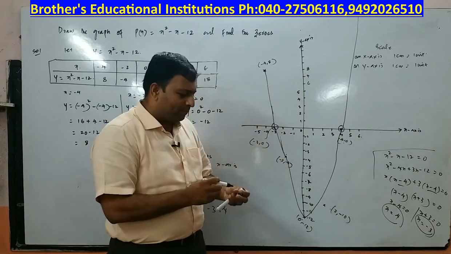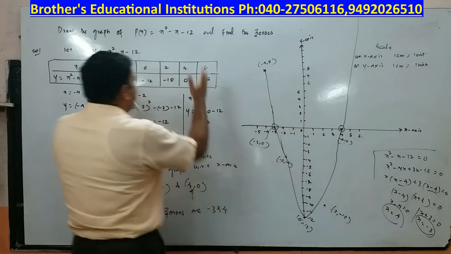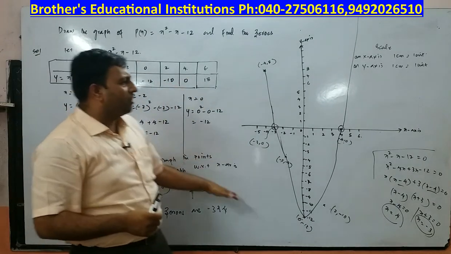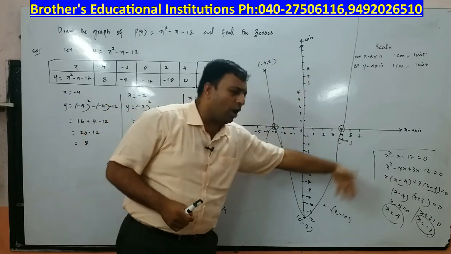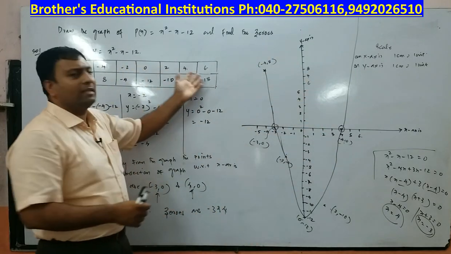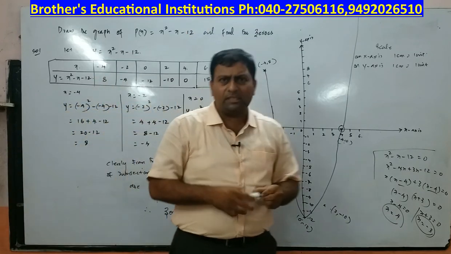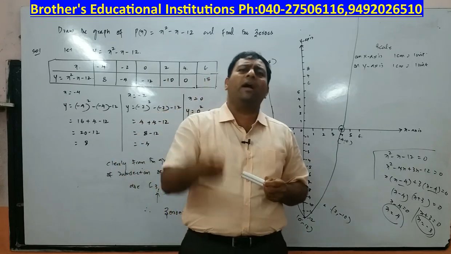So make sure that you do this part in the rough work and that in your table you include those minus 3 and 4. Before we draw, we only know what the zeros are, but in order to draw the graph more accurately, along with these values we will try to take other values. That's how the graph problem is done. We will take 2 more numericals in our next class. Meanwhile, I want you to practice this graph again and again.